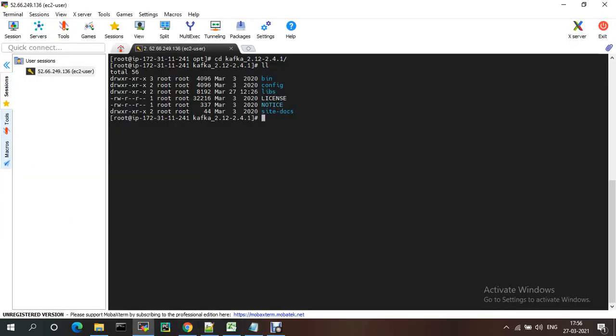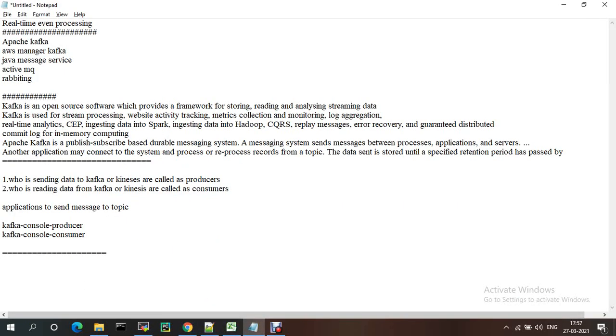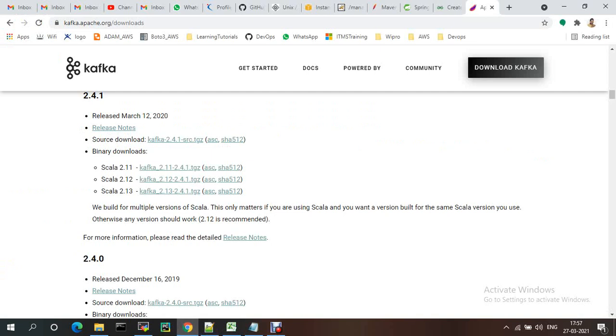The default Kafka port number is 9092, and 2181 is the Zookeeper port. Let me go to the quick start.